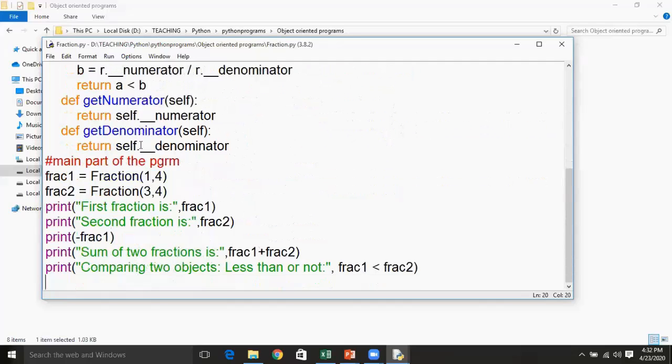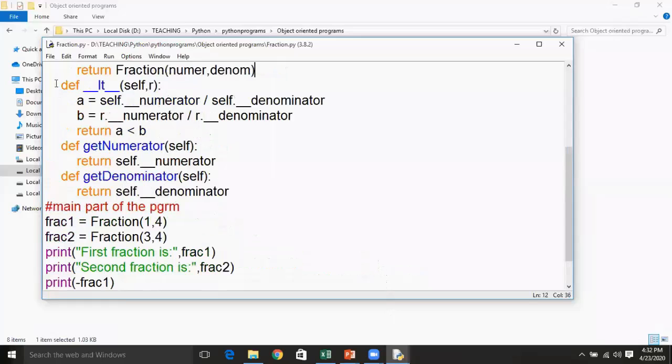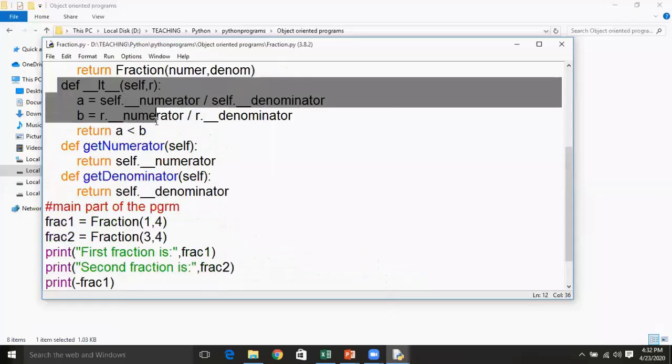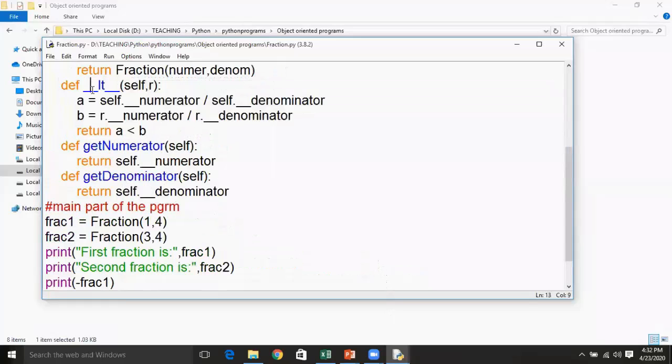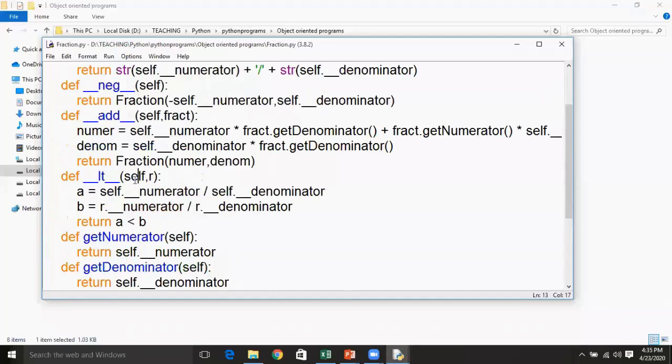And in the same way for a relational operator: when a relational operator is applied on two objects, it is going to call a special method. The relational operator called here is less than. In order to represent less than, you need to define a special method in the fraction class, that is __lt__(self, R). Here self is representing FRAC1, and R is representing FRAC2.